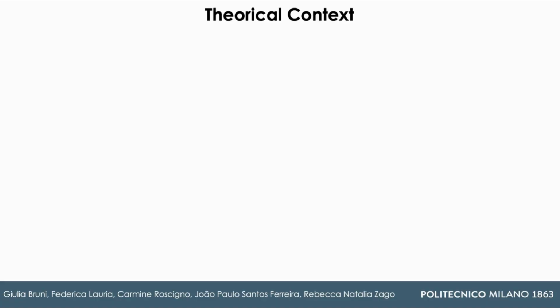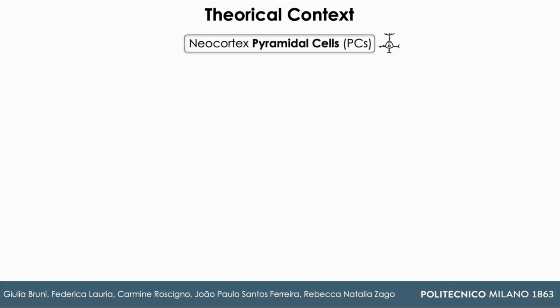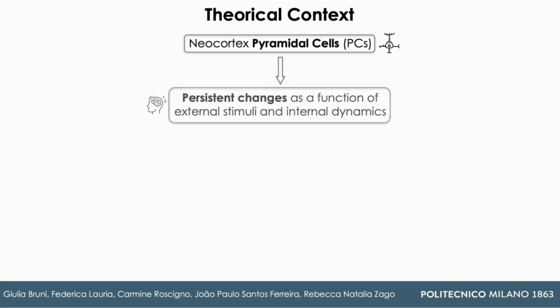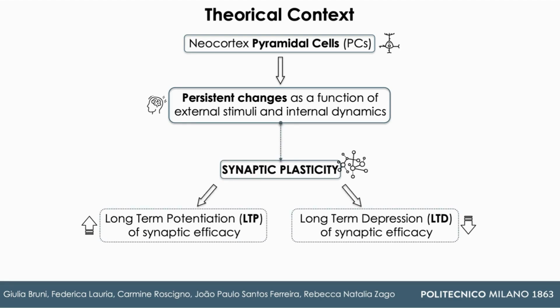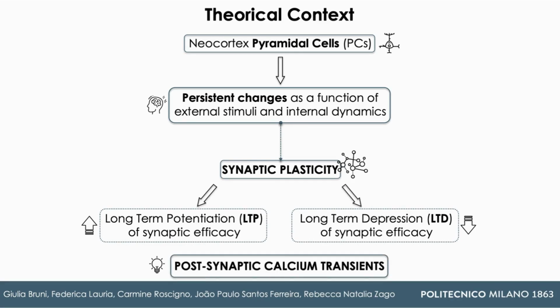The layer architecture of the neocortex is mainly composed of PC-type cells. The complex network of synaptic connections that links them can undergo persistent changes as a function of external stimuli and internal dynamics. This process is thought to underlie learning in the brain, and it is known as synaptic plasticity. Physically, plasticity can manifest as LTP or LTD of synaptic efficacy, which are thought to be mainly driven by postsynaptic